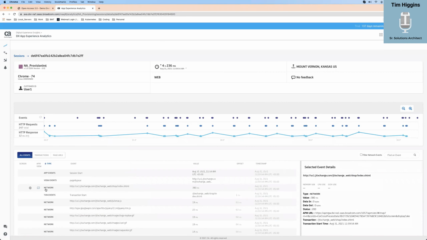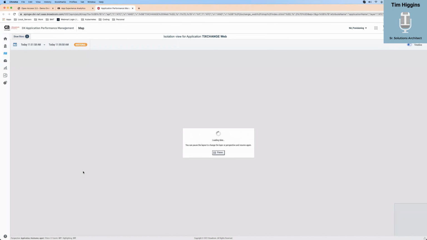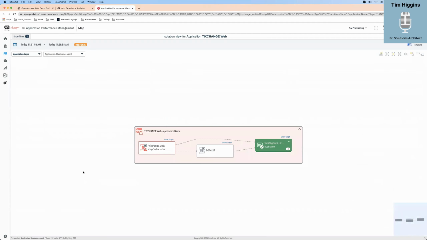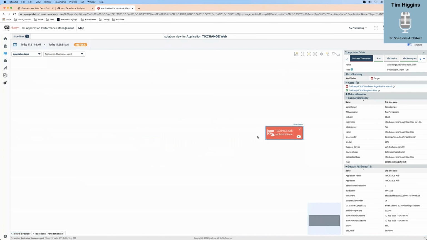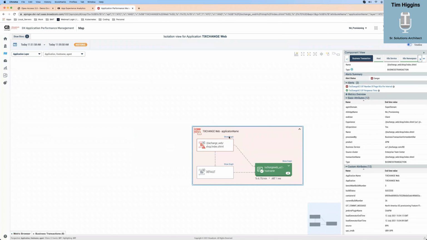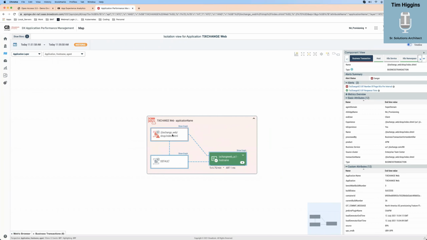But if I click on this looking thing, technically it's a folded up map, when I click on it, this takes me right to APM. And now I can start seeing my metrics. If I click on that, oops, all right, try to get some real estate. I can see that I have a problem right here. And here's my error, number of page hits per interval.